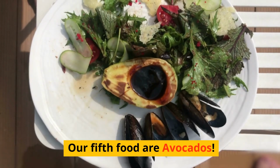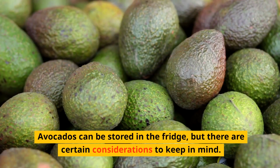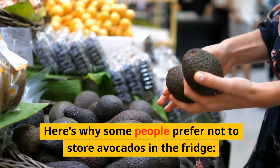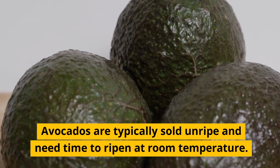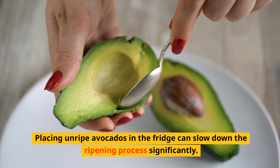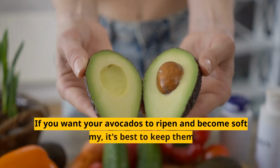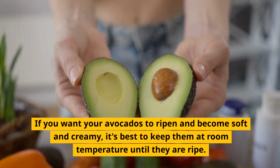Our fifth food are avocados. Avocados can be stored in the fridge, but there are certain considerations to keep in mind. Here's why some people prefer not to store avocados in the fridge. Avocados are typically sold unripe and need time to ripen at room temperature. Placing unripe avocados in the fridge can slow down the ripening process significantly. If you want your avocados to ripen and become soft and creamy, it's best to keep them at room temperature